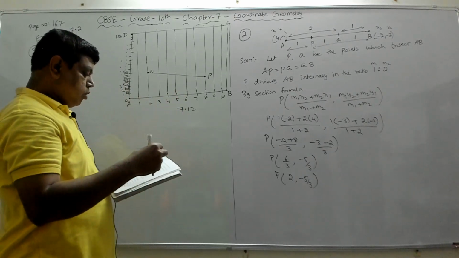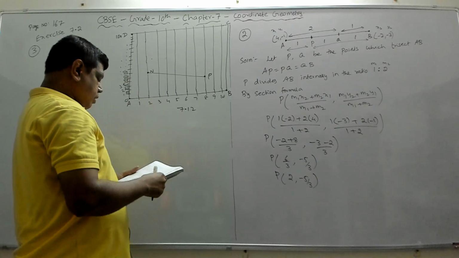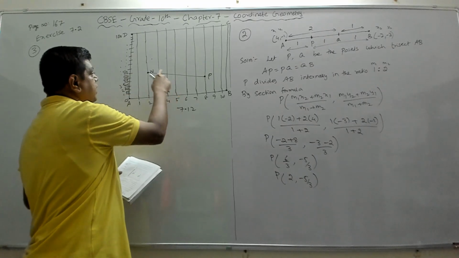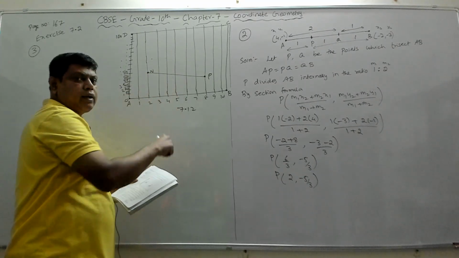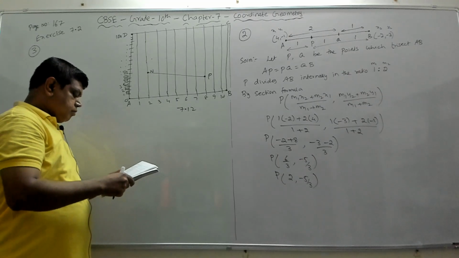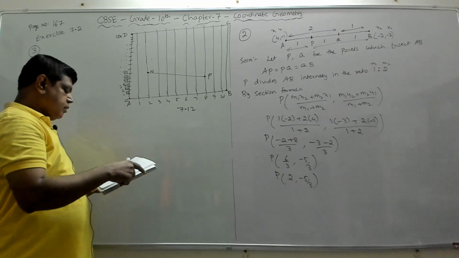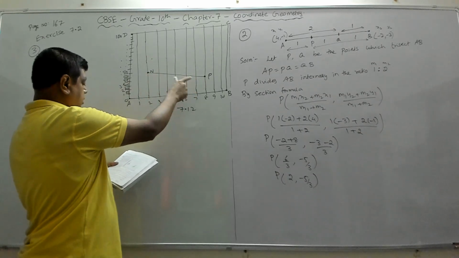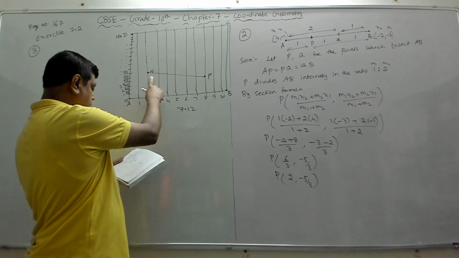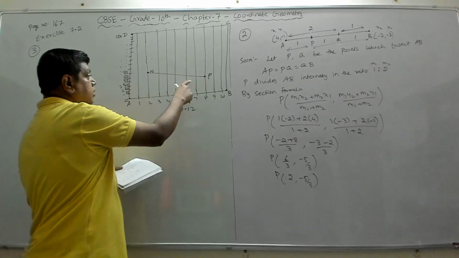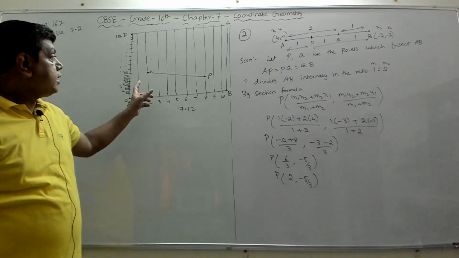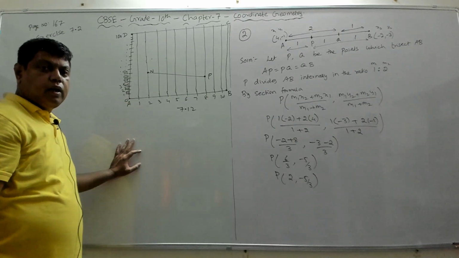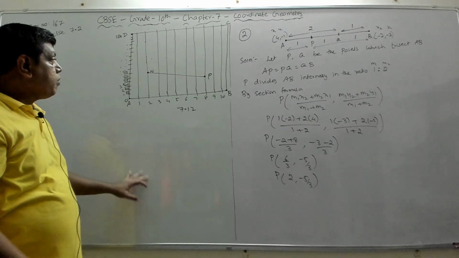Another girl, Rashmi, wants to post a flag. Where should she post the flag exactly? At the midpoint of these two. She wants to post a blue flag, exactly halfway between the line segment joining these two flags. These two are the flags posted by Niharika, which is green, and Preet, which is red. And midway between the line segment joining Niharika's flag and Preet's flag, Rashmi wants to place her blue flag. So where does she need to keep it?